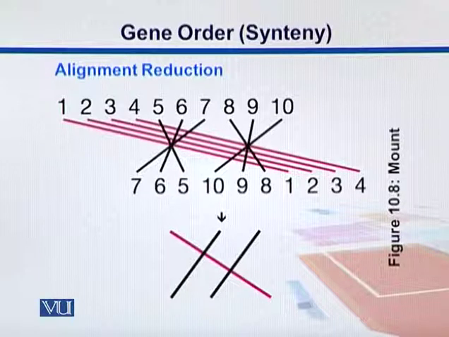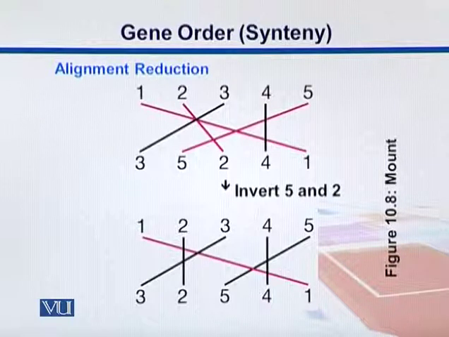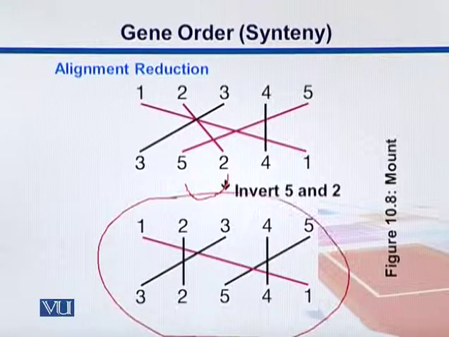So how can we solve these things on the computers? Basically there is a technique in which we simplify that. We can take those complex alignments and reduce them. For example, here these alignments have been reduced and simplified. We have a subsection from the previous alignment where we have 1, 2, 3, 4 and 5, and in the second species the order is 3, 5, 2, 4 and 1. So what we can do here is simply invert 5 and 2. If we invert them, we can have a simplified shape like this.